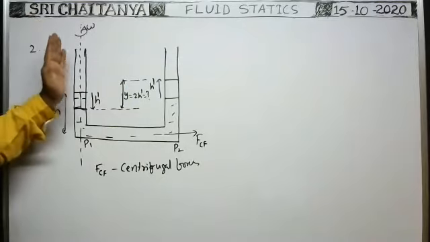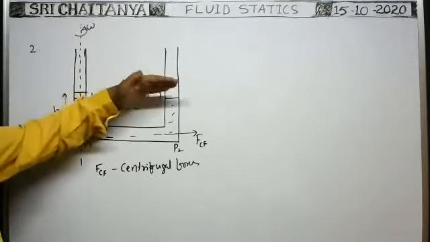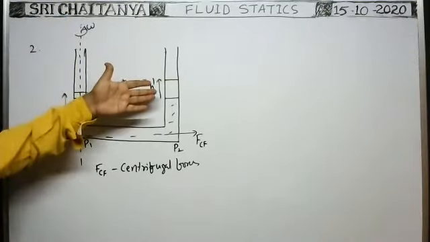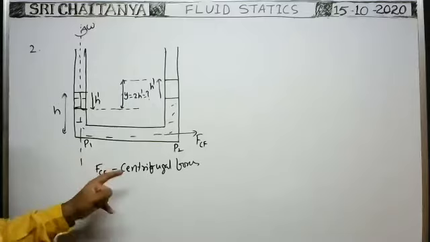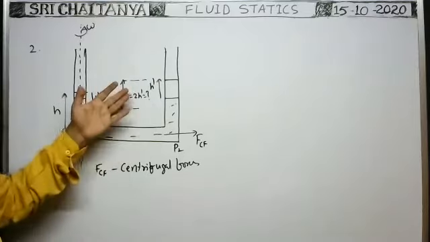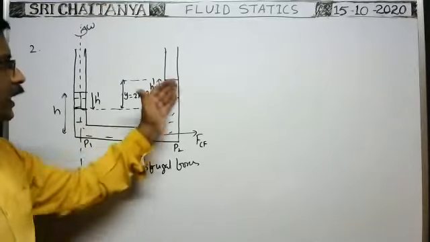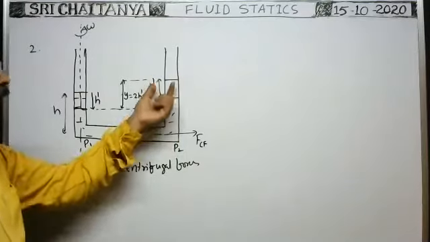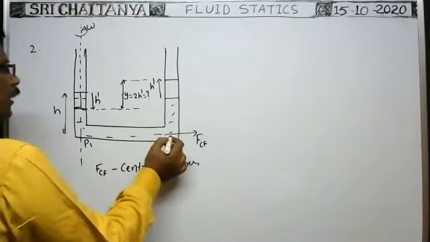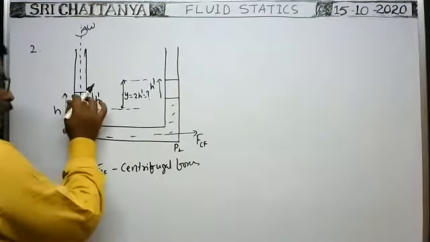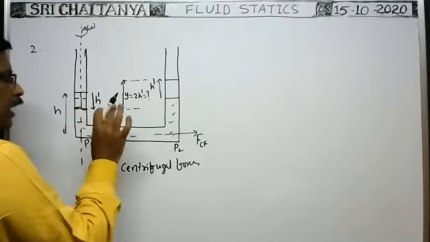Whenever one limb of the U-shaped tube is made to rotate with angular velocity omega, a difference in liquid levels is maintained. Then what is the difference in heights of the liquid columns in the two vertical limbs of the U-shaped tube? Why are these liquid levels changed? Because centrifugal force acts on the liquid column in the horizontal tube, the liquid level rises here. As the liquid level rises here, the pressure at this point increases. When pressure increases here and the liquid level falls there, the pressure decreases.